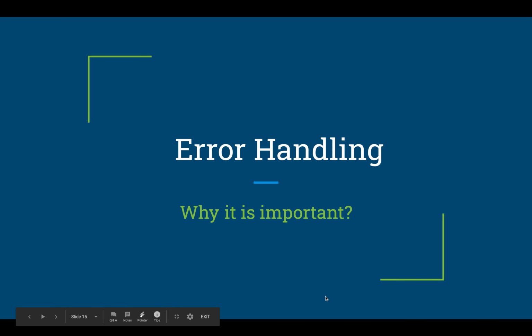So why is error handling important? Because better error handling is always a key measurement for any application. It is equally important as dealing with the valid results. It not only helps other developers to understand the code and business logic better, it also helps to pass on the error message to the user in a graceful manner.